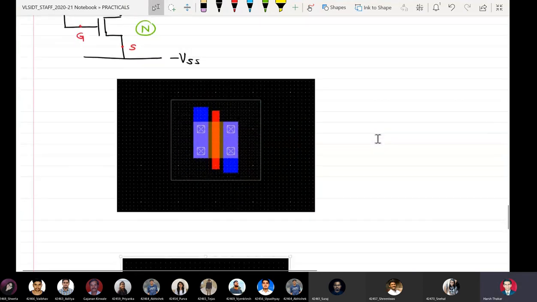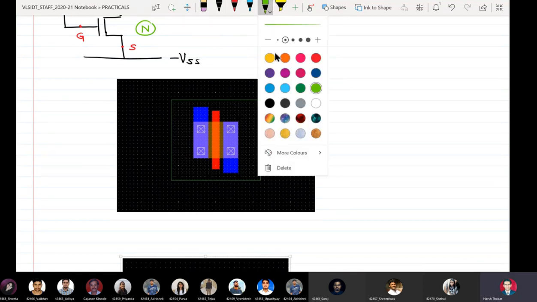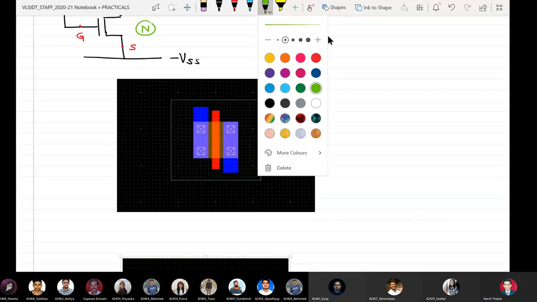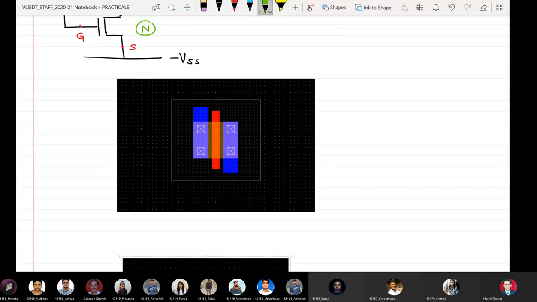Please see carefully. I'm going to write which terminal is what. So understand one thing, students, that this fluorescent green boundary which is seen is actually called an N-well.